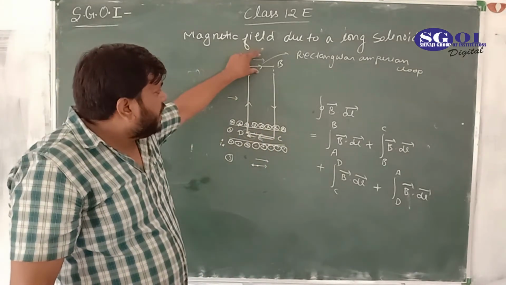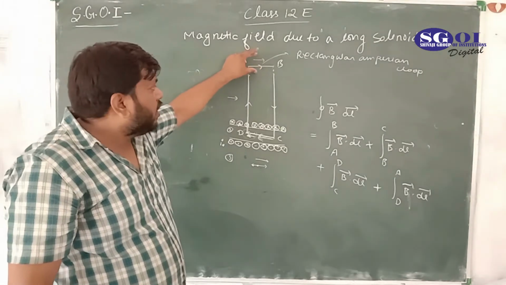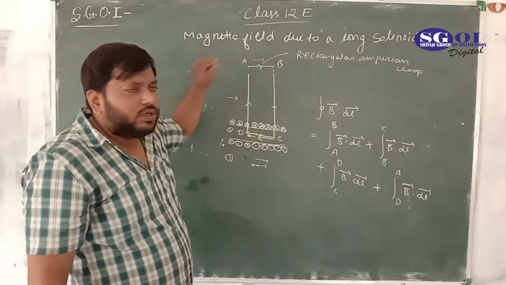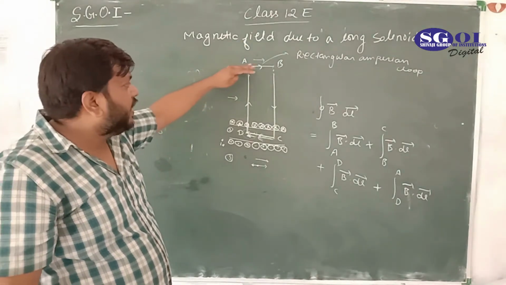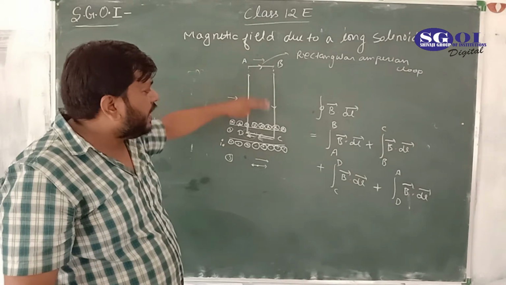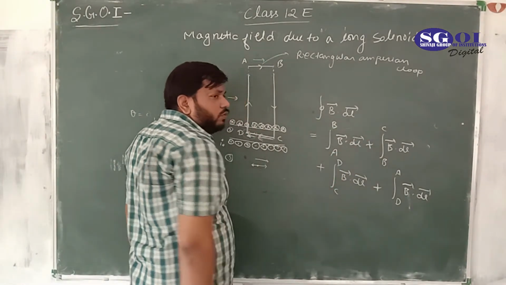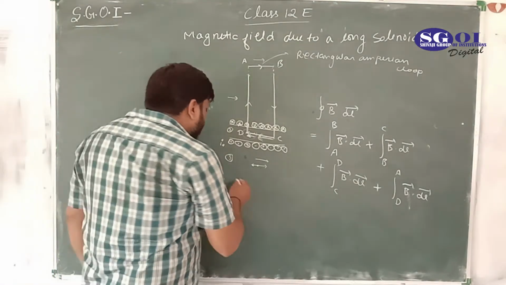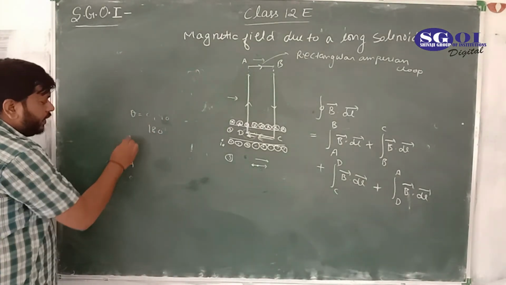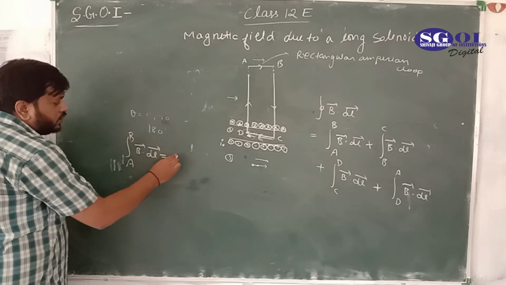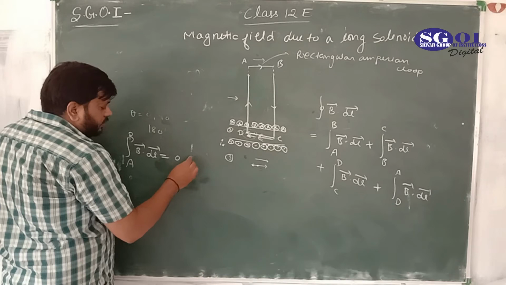So the angle between B and dl is 0 for A to B, but the magnitude is very small, negligible. We have taken the length of this Amperian loop very large, so that's why this integration would be 0. So the integration of A to B, B dot dl, equals 0